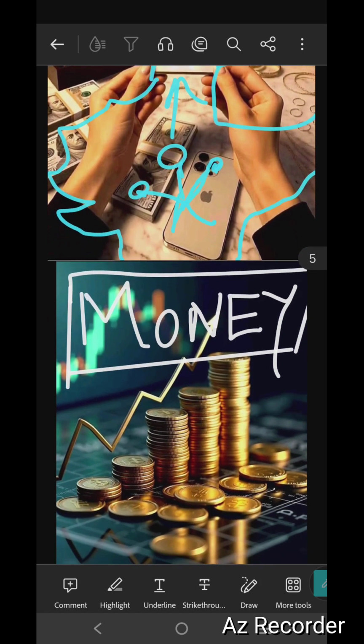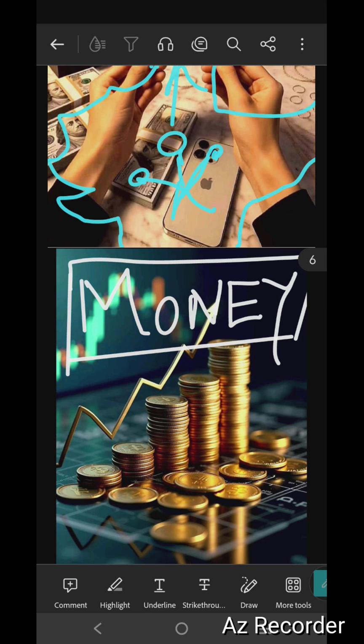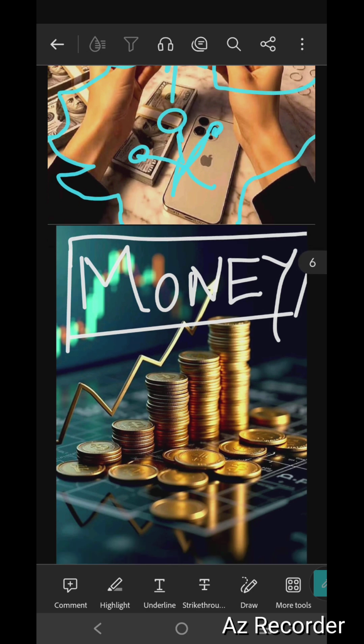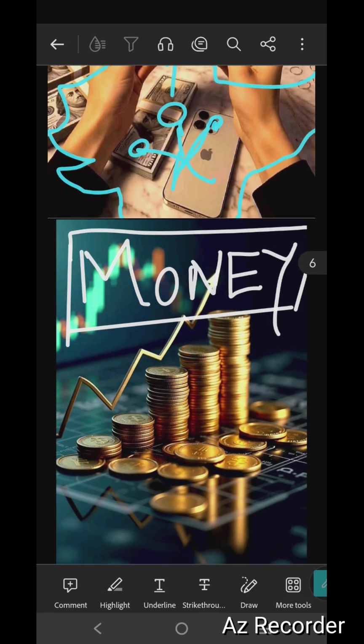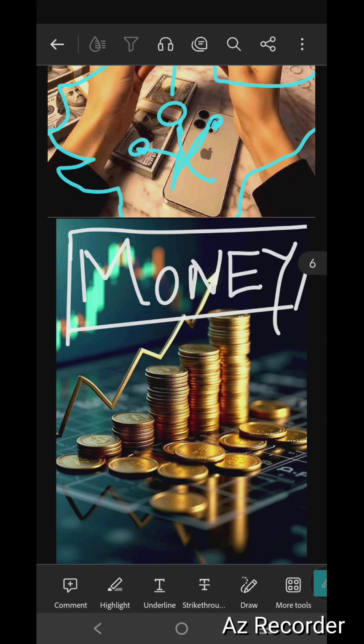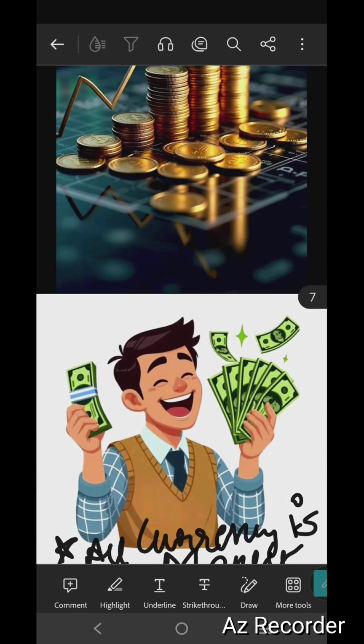Did you know that money and currency are not the same? They are different. Money is anything that people generally accept as a medium of exchange to buy goods and services. It also serves as a store of value, which means you can save it for later. Or as a unit of account, it measures price. Or as a medium of exchange, it is used to buy and sell goods. Examples: cash, your bank deposits, money in your digital bank accounts.